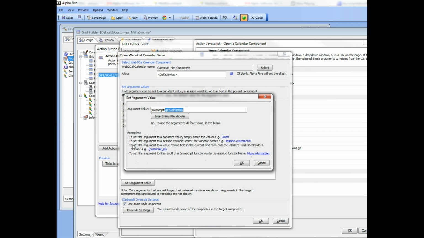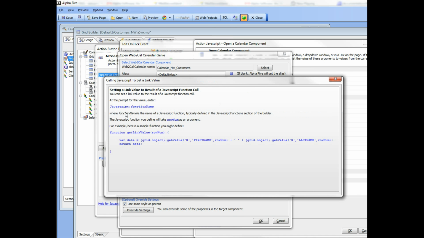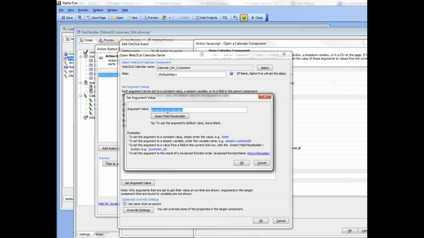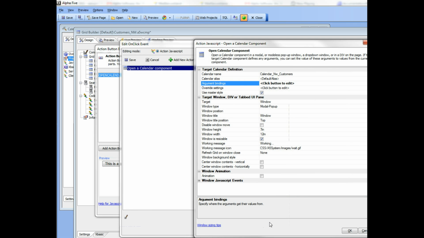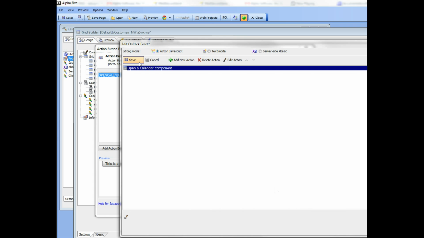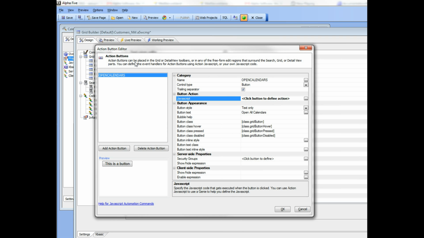You can see here it tells you that you can bind an argument to the result of a JavaScript function, and it gives you some more information about how you can do that. So let's go now take a look at this function called getCalendars. We know that when we press the button, we would like to pass into the component a list of